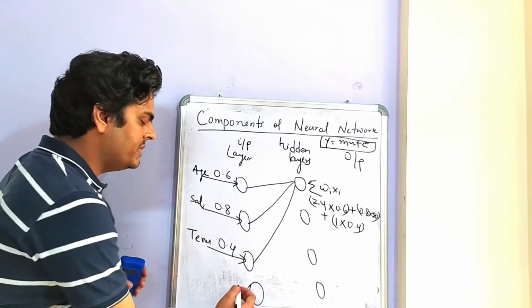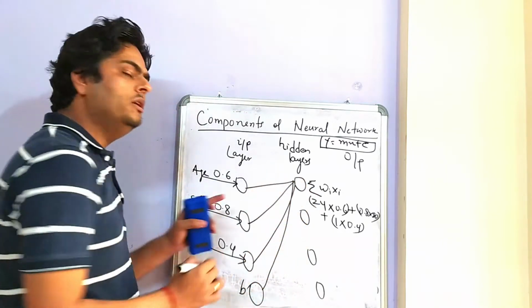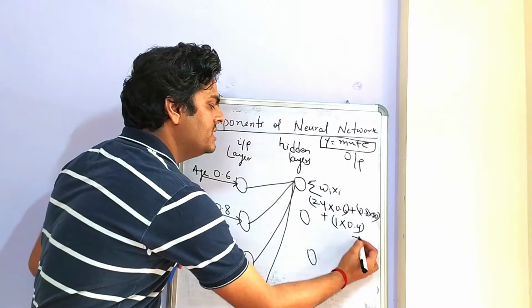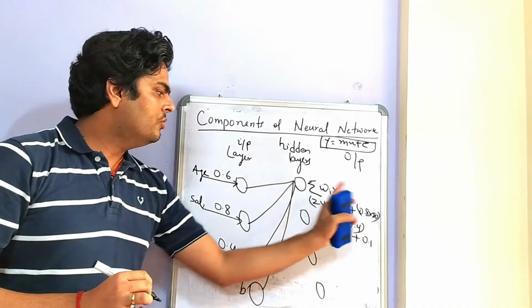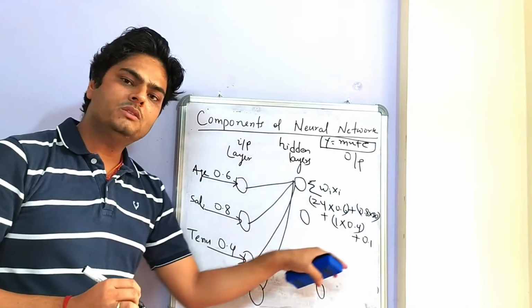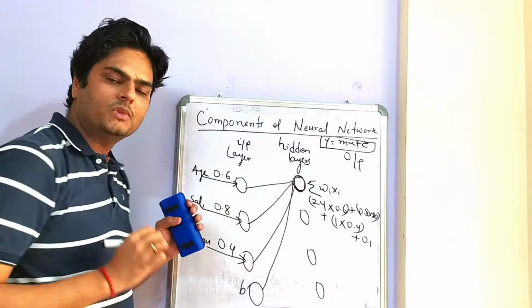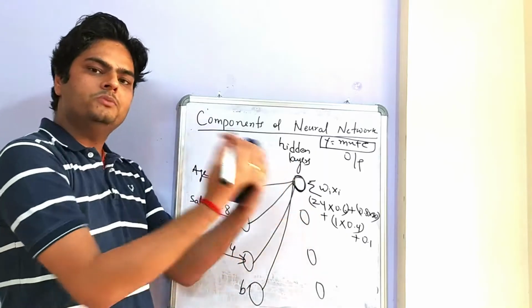So let us say this is the bias term. Now this bias will also get added to the next hidden layer's first neuron. So these things plus a bias term. Let us say the bias term is 0.1. Now whatever the calculation here happens, this goes as an input to this neuron. What happens here when this neuron receives an input?